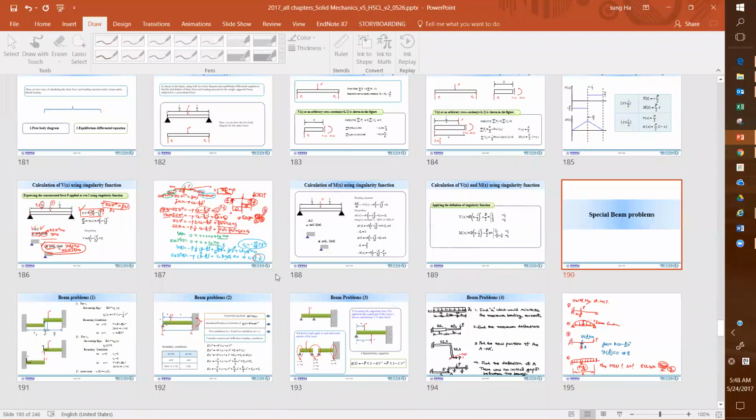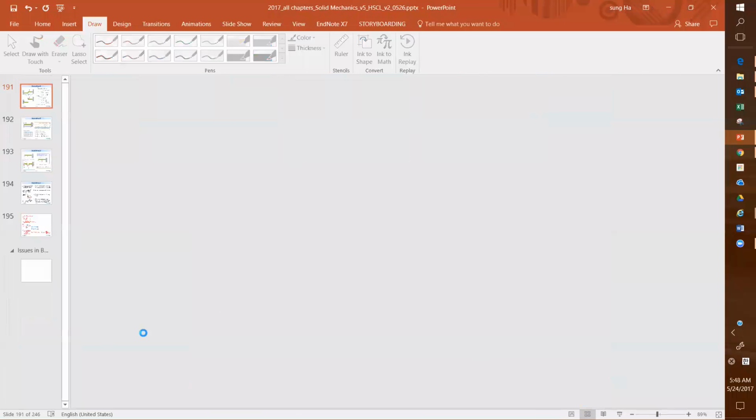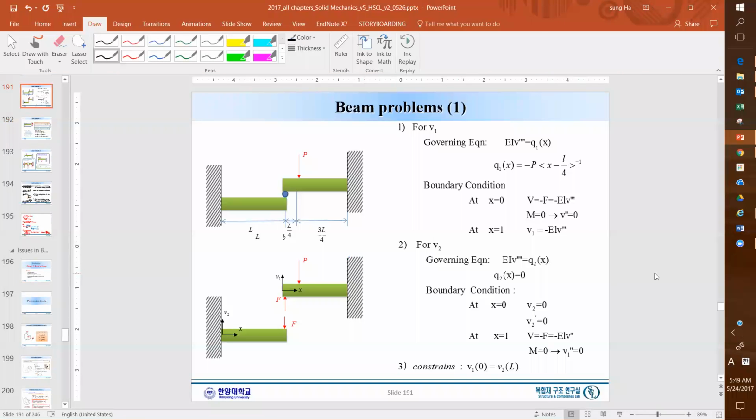Okay, I'd like to start today's class. As I mentioned last week, we completed all the theory related to beam problems. Today,